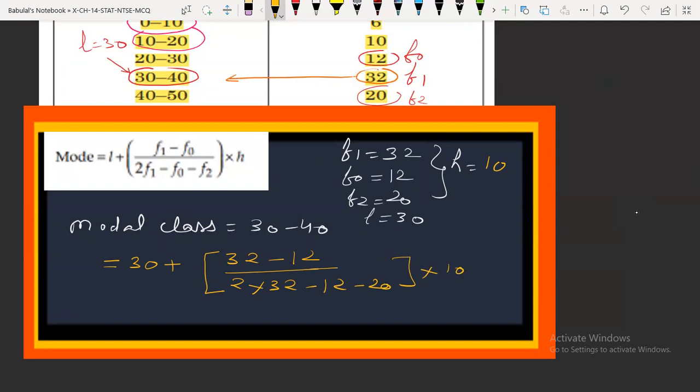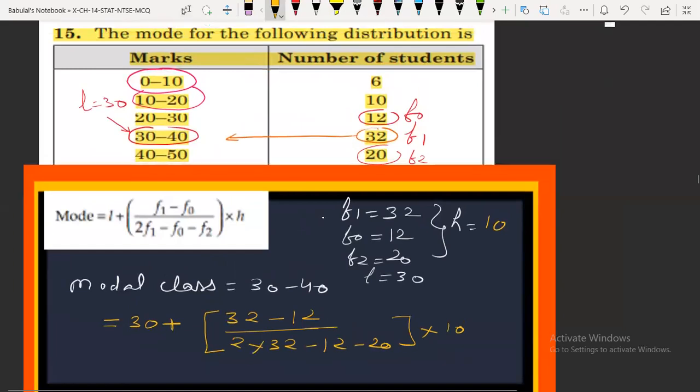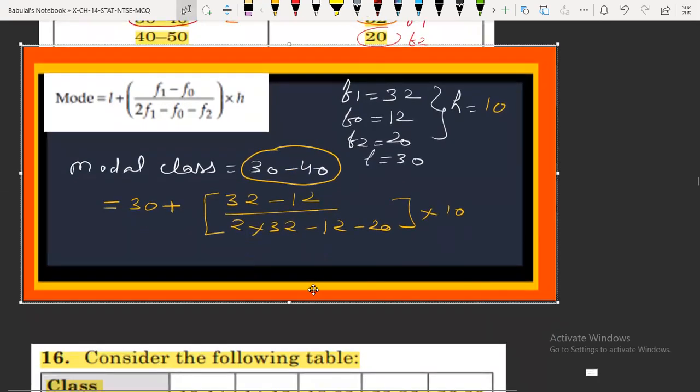हाँ, ये ब्रैकेट में होना चाहिए, साइन यहाँ पे एडिशन होगा। मॉडल क्लास का मतलब ये होता है कि जो भी आपका मोड की वैल्यू आएगी और it will lie between 30 and 40 because the modal class is 30 to 40. It cannot be less than 30, it cannot be greater than 40। 30 से कम नहीं आ सकती, 40 से ज्यादा नहीं आ सकती, ये हमें ध्यान रखना पड़ेगा। So now we can replace the values,